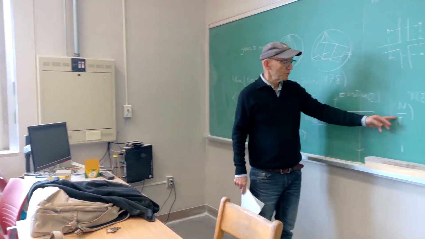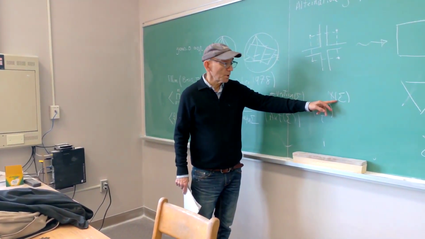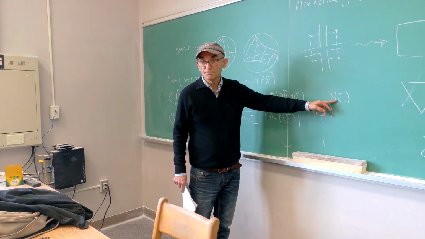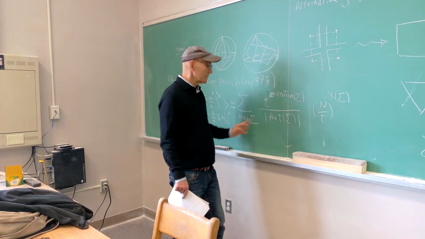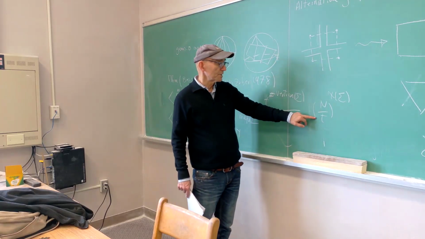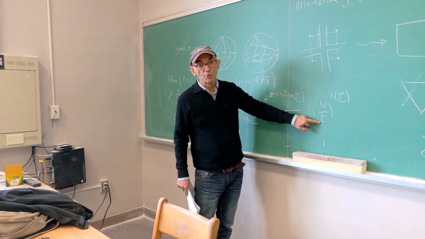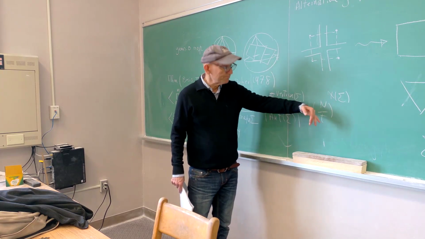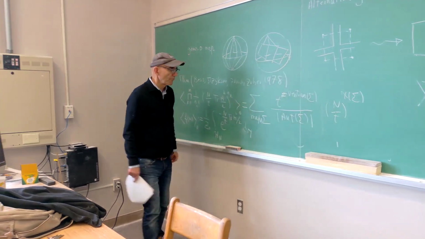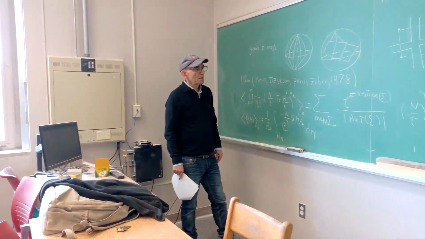So if you look at this, chi sigma is 2 minus 2g. So you can write this as summing over genus, and you see that the first leading term is n squared. The leading term is n squared. So for now, that's